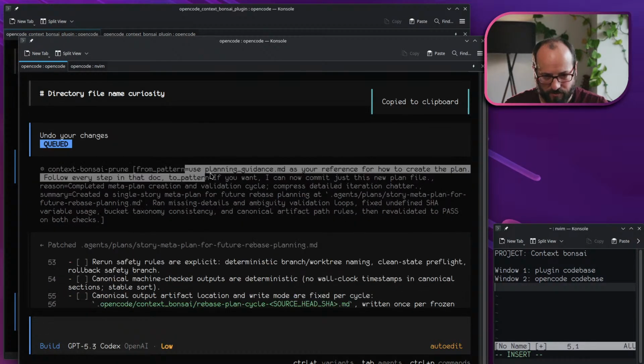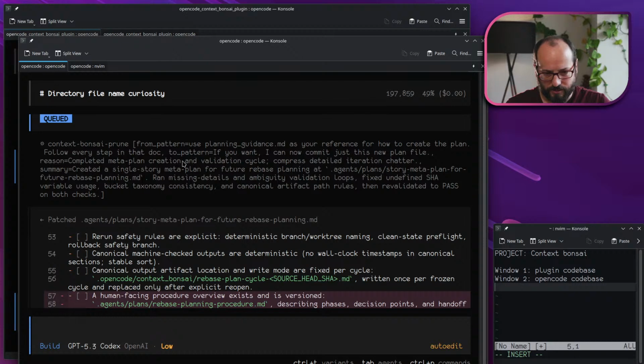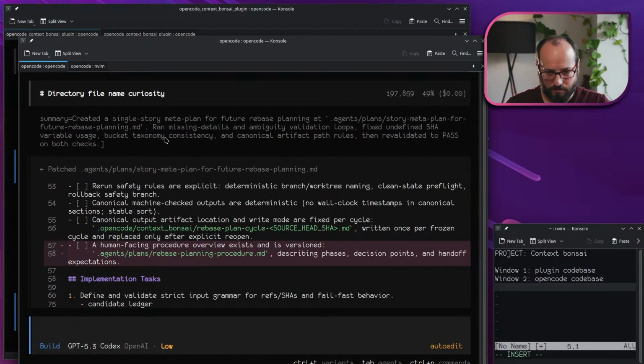It started from when I told it to use planning guidance as a reference for how to create this new meta plan. And it ended. Where is the to pattern? If you want, I can now commit the new plan file. Okay. Maybe it's fine that it pruned to that. I'm not completely sure, but